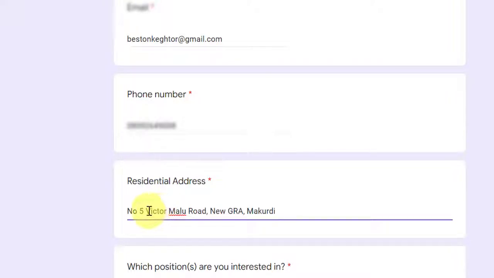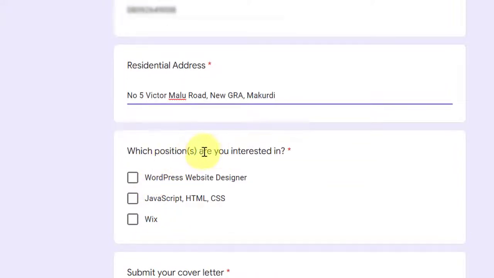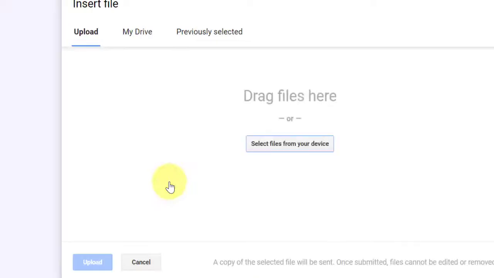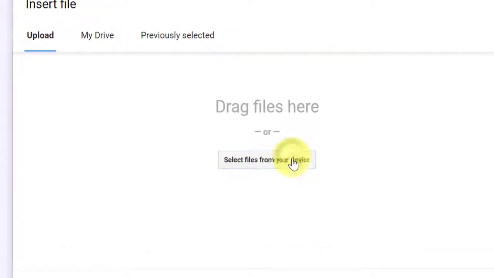So that's my residential address, and then which positions you are interested in. Alright, I'm choosing WordPress website designer, and then I'm going to attach my cover letter here. So just click on add file. When you click on add file, it's going to take you to your system. So look at this, select file from your device. So now click here,